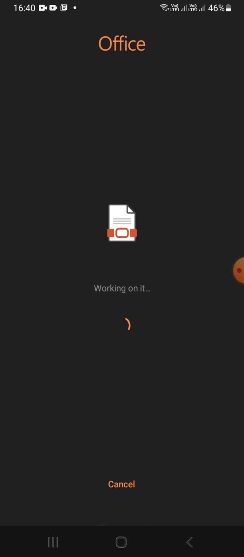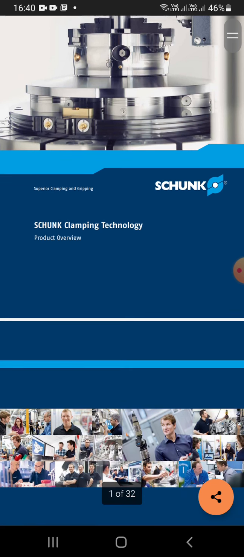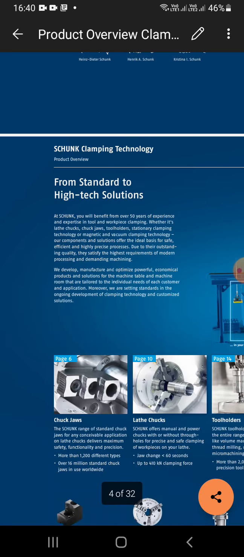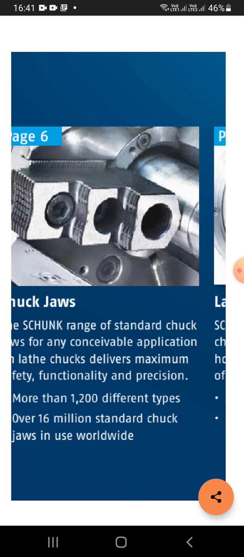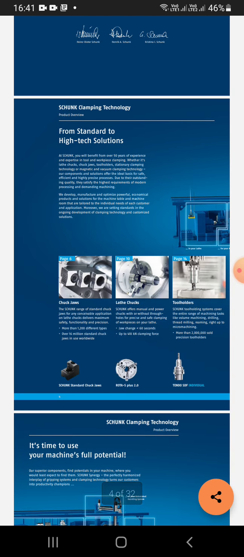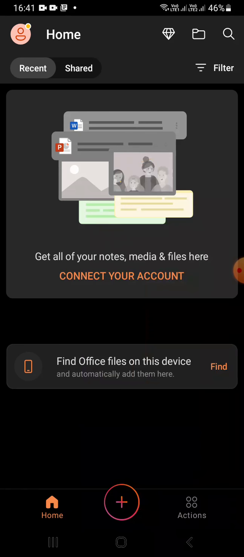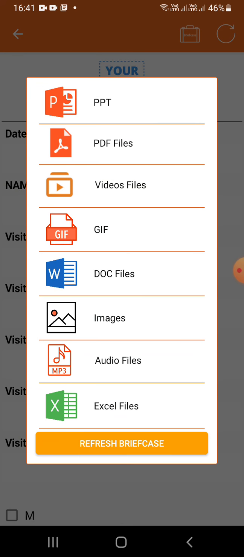So now you can see here we are using an Adobe Reader. On your phone itself, while the customer is there, you can simply show the customer different aspects on your phone itself. So you don't have to refer to a certain brochure or catalog, because everything is on your phone. Once you have done that, just click on back, so that you will come back to the application.